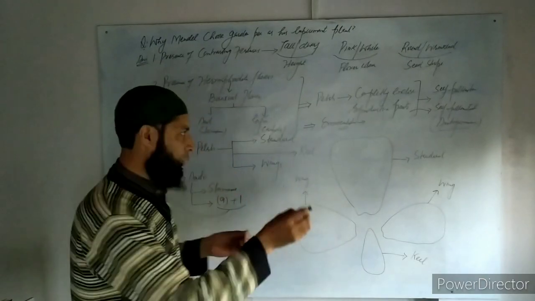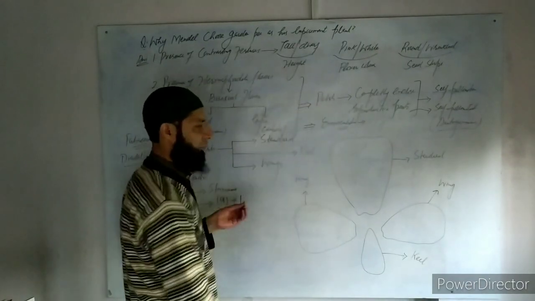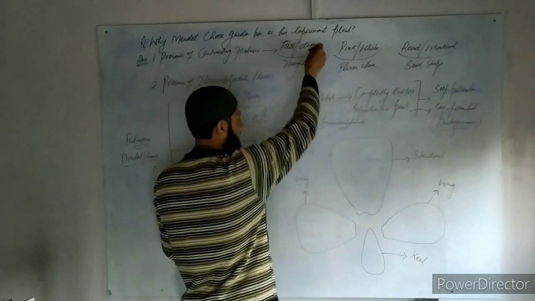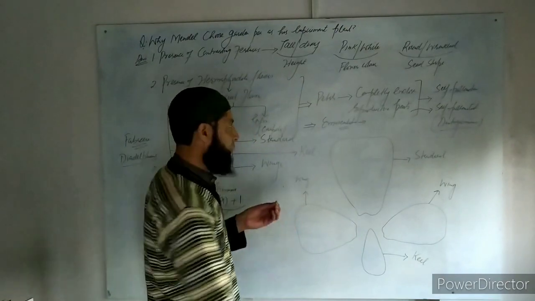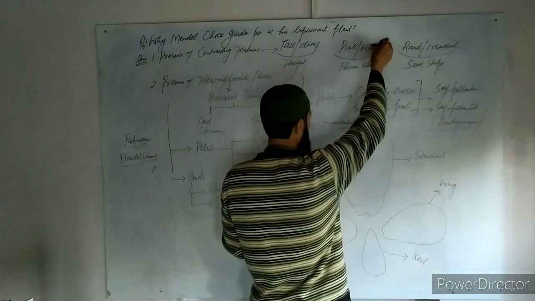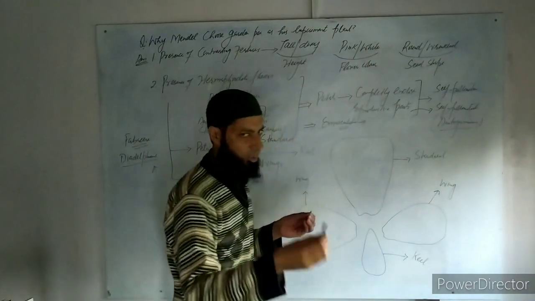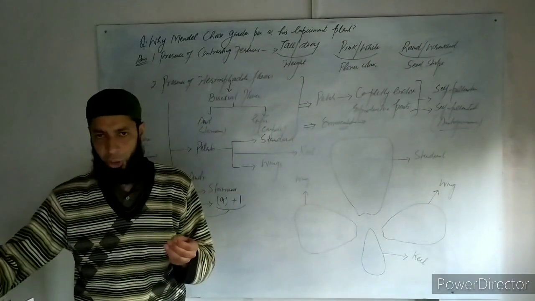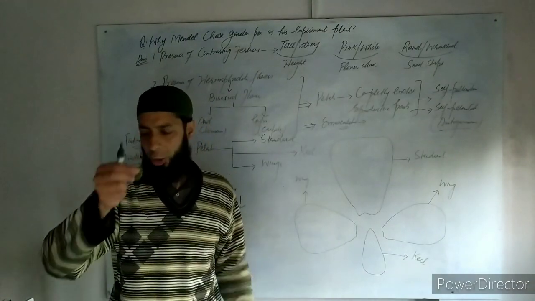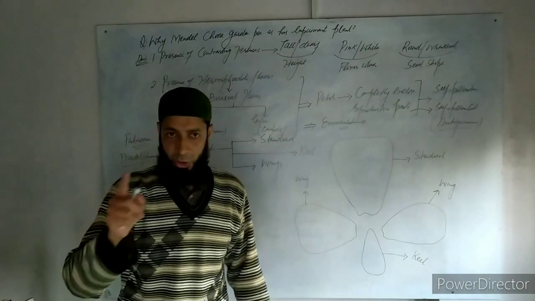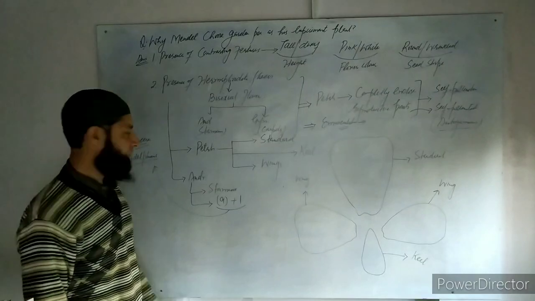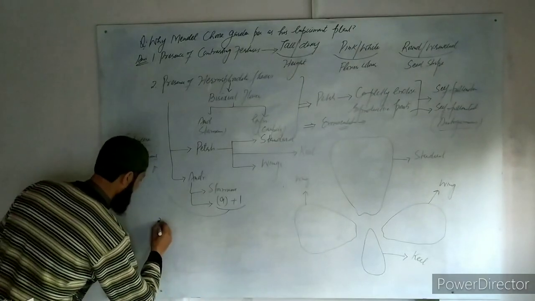With the help of a brush, we take the pollen from the desired plant. For example, we take the pollen from a tall plant and then dust it over the flowers of a dwarf plant. Similarly, we take the pollen grains from a pink flower and dust them over the stigma of a white flower, or vice versa. That means we can go for cross-pollination also. And this is the diagnostic, important feature, and on the basis of this important feature, Mendel selected this plant as his experiment plant. And third, that is